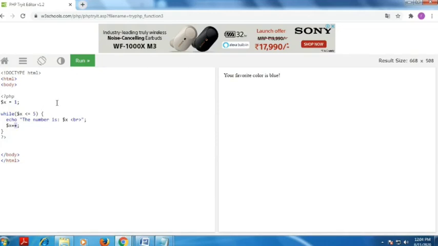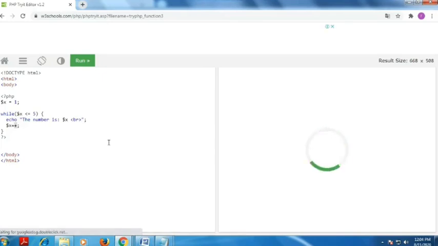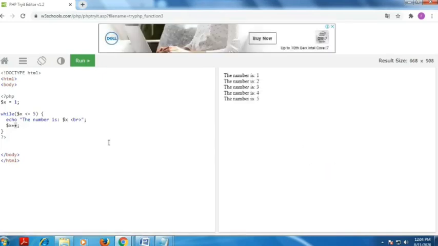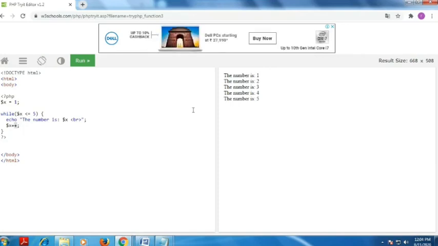We run this program. What is the output we'll get? Before this, all the programs we saw gave only one result, but here you get repeated results. For example, the first time x equals 1. Then 1 comes here: 1 less than or equal to 5, is it correct or not?